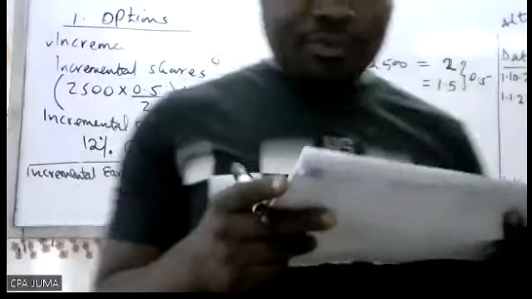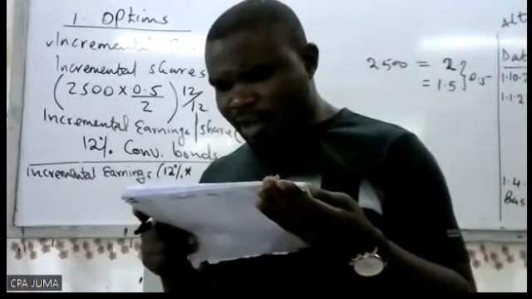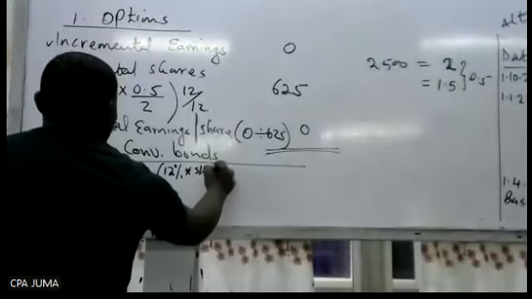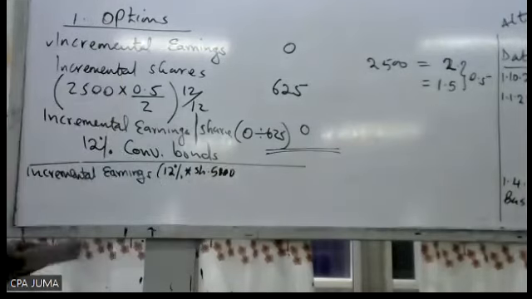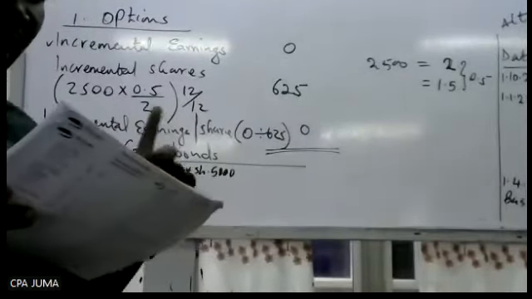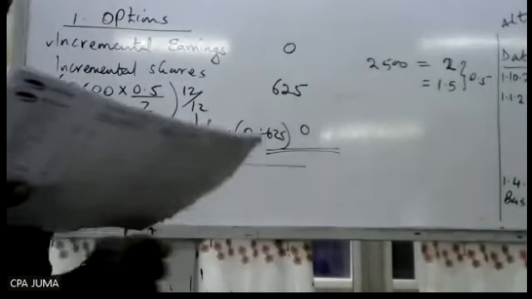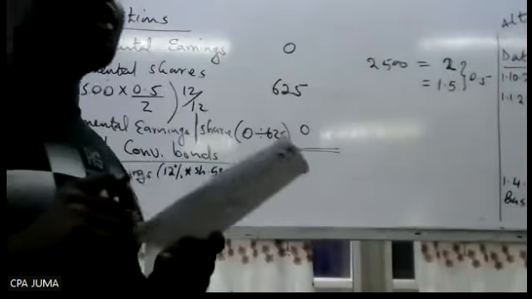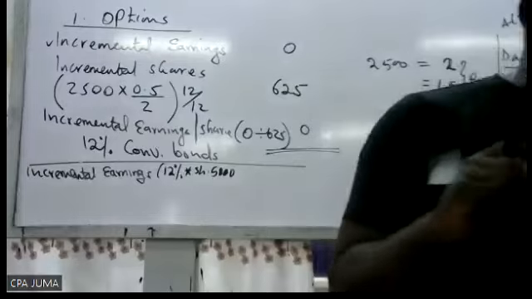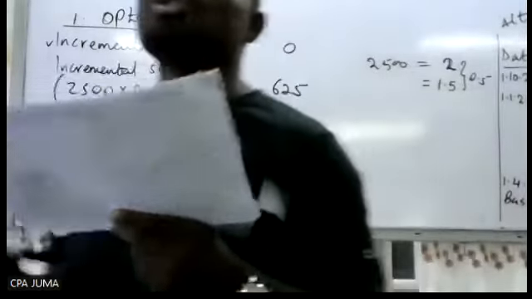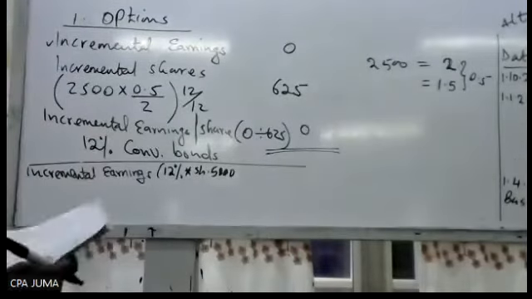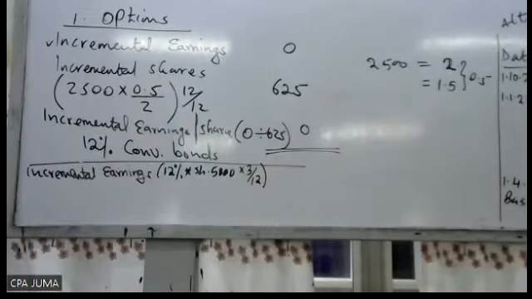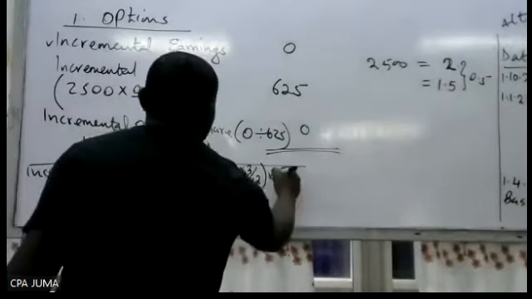So 12% times shillings 5 million. So 5 million is that. But they were given when? You have to be very keen on that. When they gave them, you look proportionately. On 1st July 2021. When are we closing? September 2021. So check how many months? 3 months. So you multiply by 3/12, times what?